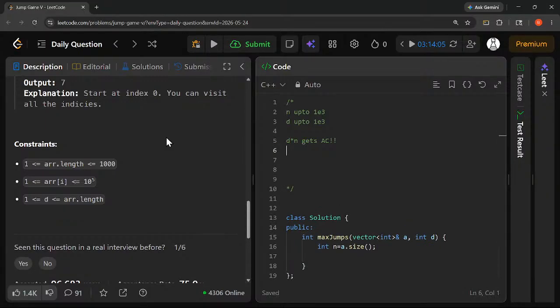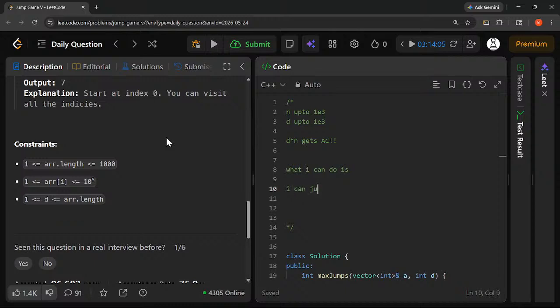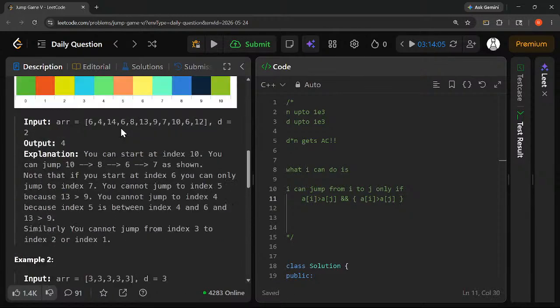Next. So what I can do is, I can jump from I to J only if A of I is greater than A of J. So we can only jump from higher tower to lower tower, and A of I must be greater than A of J for all